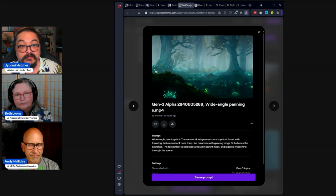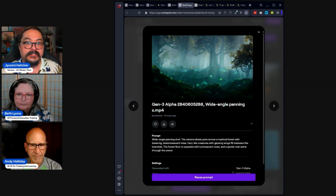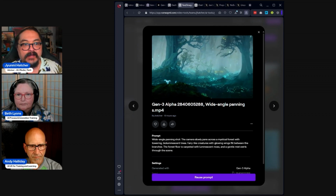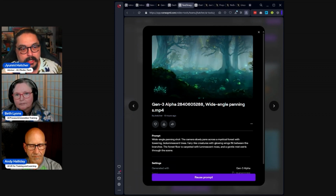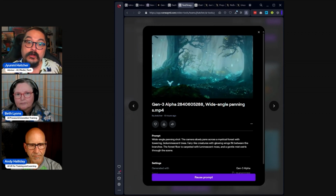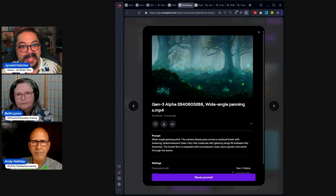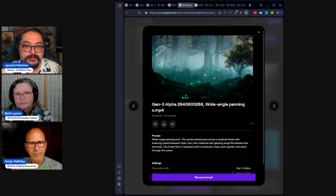These are the style elements that I want. I want it to have an animated look. I want it to be hyper realistic, things like that. But I would love to understand what their parameters are, like Runway or Pika or whoever, for the initial generation. What are the choices, or what is the model being fed as what most people want,